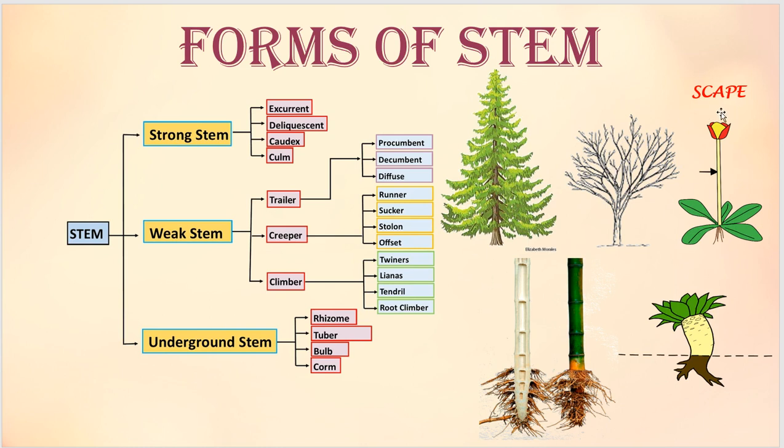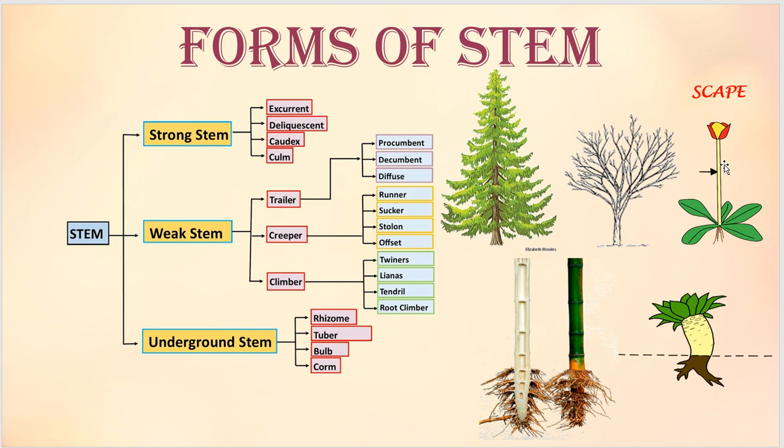One more thing, scape. Here the stem is condensed near the ground or sometimes underground, a subaerial stem, and all the leaves, a crown of leaves, will also be produced there, and it will produce one long peduncle, and on this long peduncle the inflorescence will be present. The stalk of the inflorescence is called scape, which will be strong enough. Technically speaking, scape is a peduncle arising from a compressed and subterranean stem. Okay, so that is what a scape is.